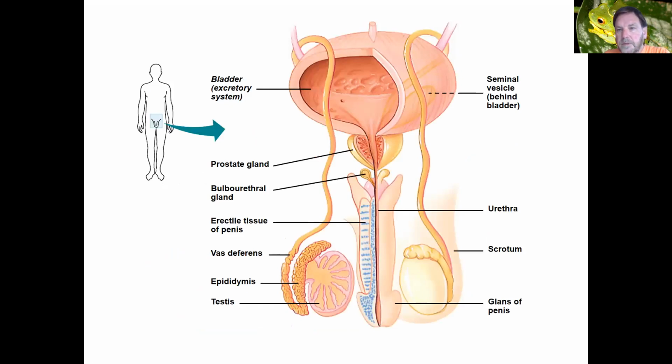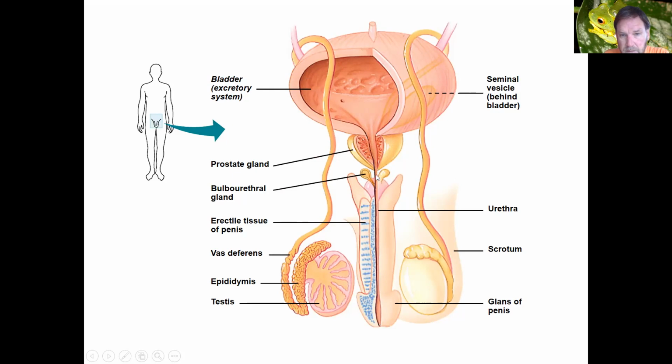If you look at the male reproductive system, you have the urinary bladder, which is part of the excretory system. You have the prostate gland, which is surrounding that. And this is problematic in older males when this might enlarge and restrict urine flow. But what the prostate gland does is take sperm coming down here through the seminal vesicle, mixing with a fluid to produce semen